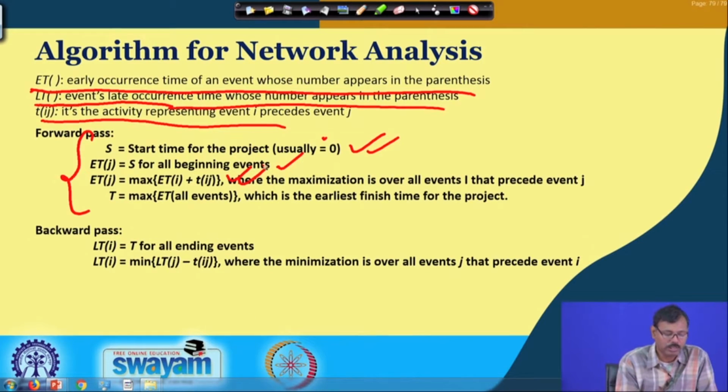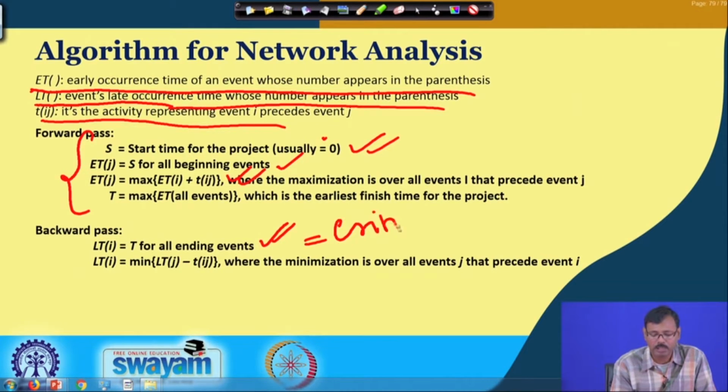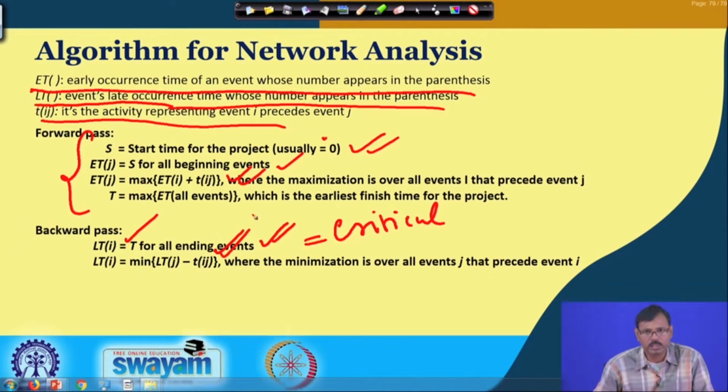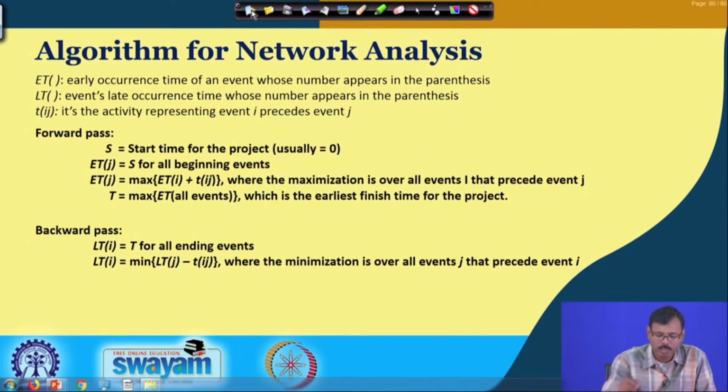In backward pass we consider the time of completion T, which we are getting from the critical path as the completion time, and that is given to the final node first. Then in the backward pass we subtract the duration from the latest occurrence time which is given, to get the latest occurrence time of the preceding node of that particular node. So, based on these considerations